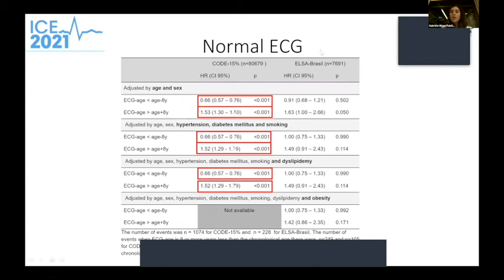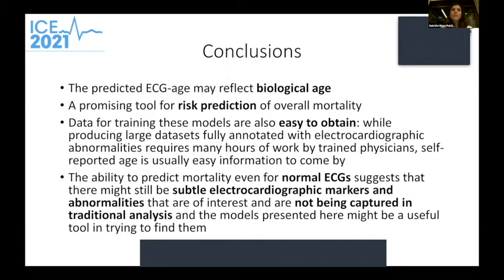We couldn't see the same results in the ELSA Brazil because it was a smaller cohort. Here we have about 80,000 patients, here about 7,000 patients. And the number of events here in the ELSA was lower than in the CODE. That's why we believe that we couldn't find the same results. So to conclude, we showed that the predicted ECG age may reflect a biological age and